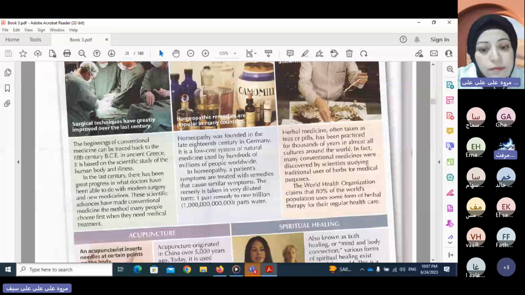when you inject someone with a substance that causes the same symptoms as the same illness, I think this is a vaccine. I tried to search the internet for more information about whether it's like the vaccine and the idea of vaccination, but I couldn't make sure that it's this. So nobody told me. It has nothing to do with herbs. It's not herbs, yeah.